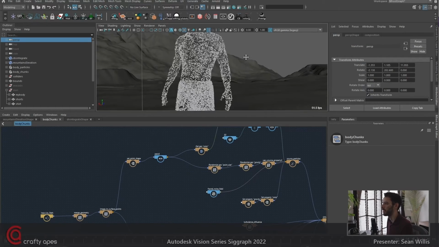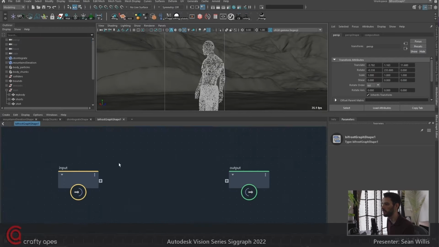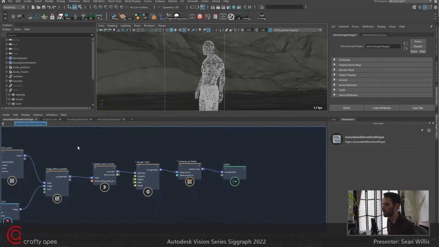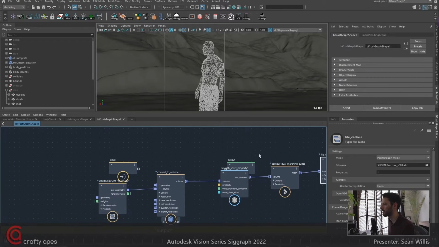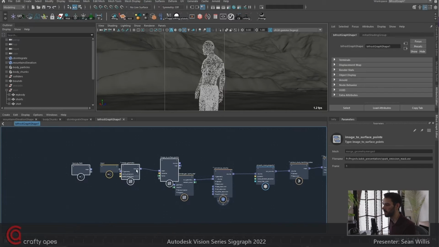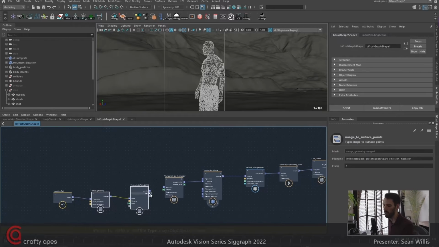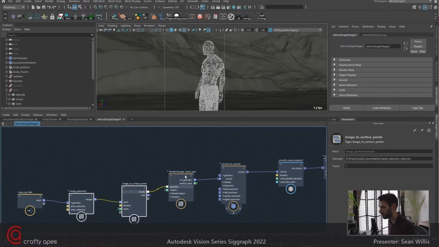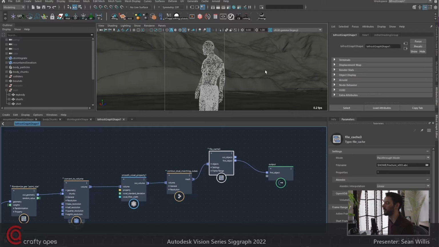So this is following a pattern. And this pattern that we're following, if we grab these nodes up here in a new graph, just grab these. So this is a graph that does a surface fracture on the geometry. It doesn't do a volume fracture, but this file cache is in pass-through mode, so it's calculating, it's not reading something from the disk.